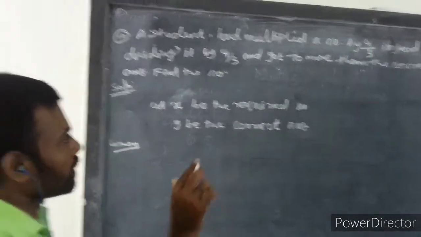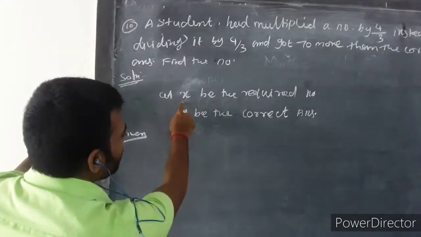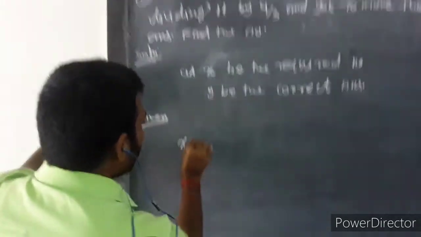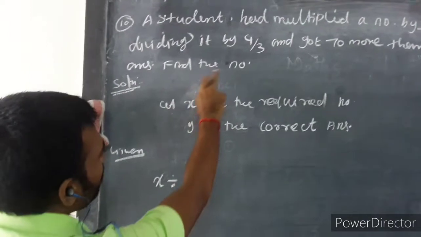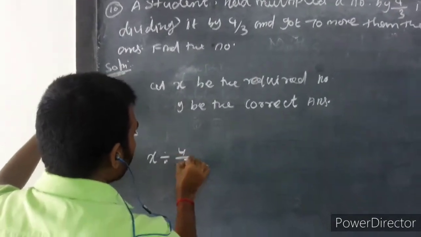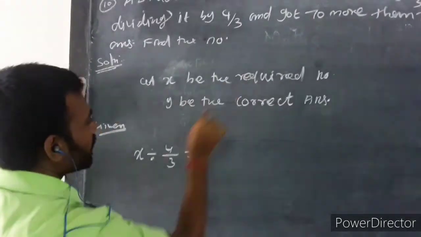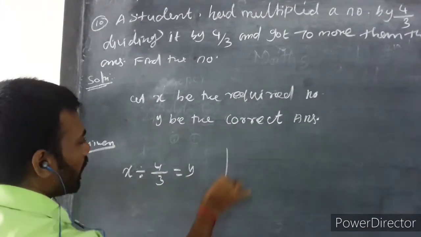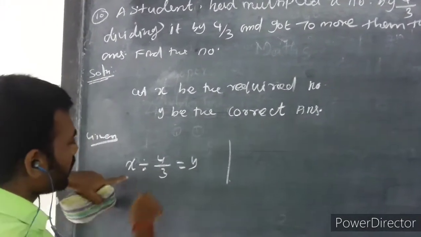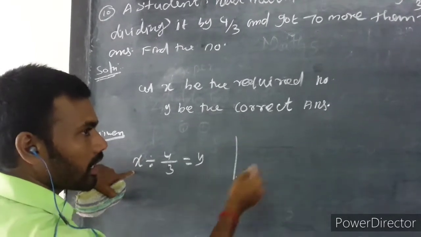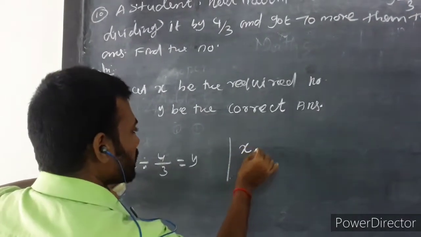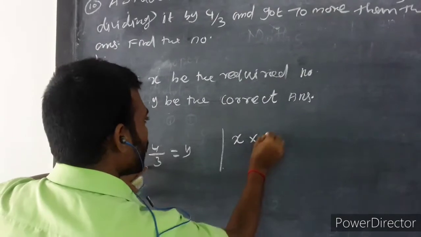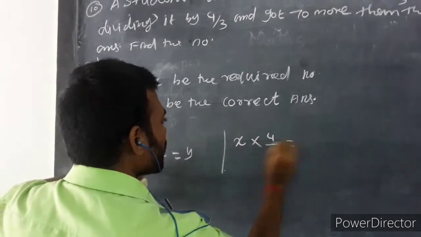Therefore, let that number be x. So x is divided by the number 4 by 3, and the correct answer, let the correct answer be y. This is the first condition. And the second condition is the wrong multiplication: the number is wrongly multiplied, therefore x is multiplied by 4 by 3 is equal to...